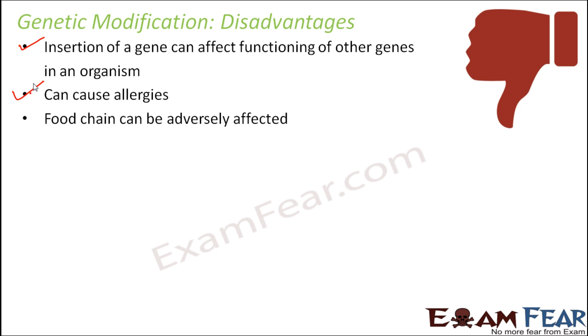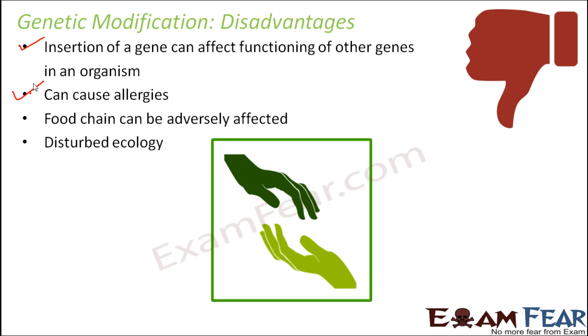So that way the food chain will get disturbed, because a lot of animals are dependent on plants. Again, there are many animals which are dependent on animals which feed on plants. So through the food chain, all different organisms are connected to each other. So once these pesticides enter into the food chain, the entire ecological balance will get disturbed. So the ecology will get disturbed. Now, before that, what is ecology? It is nothing but the relationship between the living organisms with each other and also with the non-living components of the biosphere.